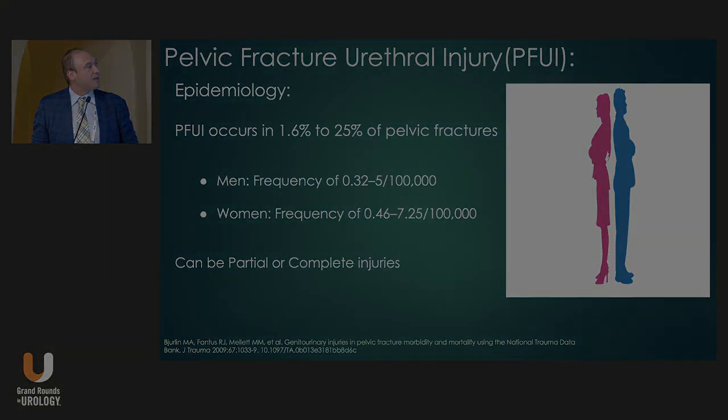Now, when we look at how often this really happens, pelvic fractures themselves are quite